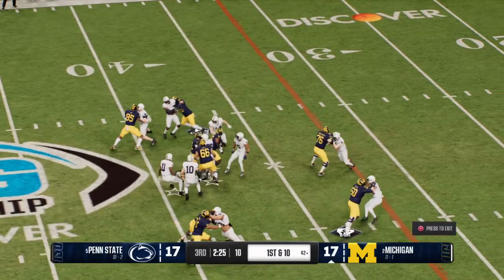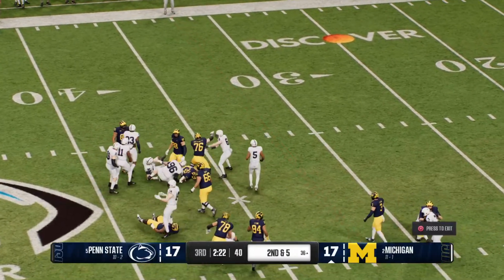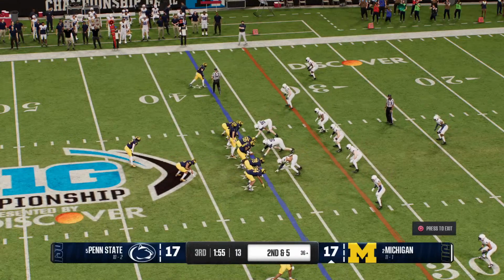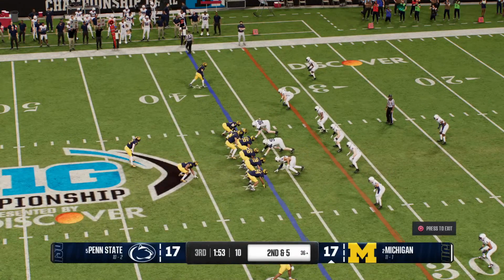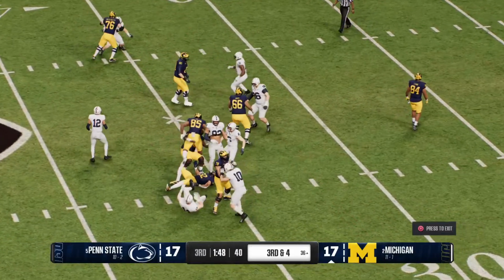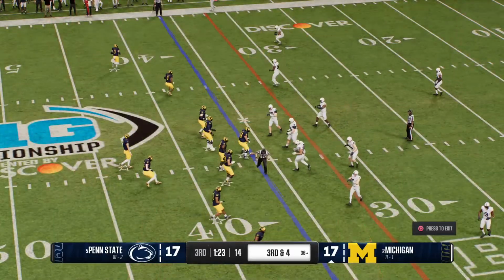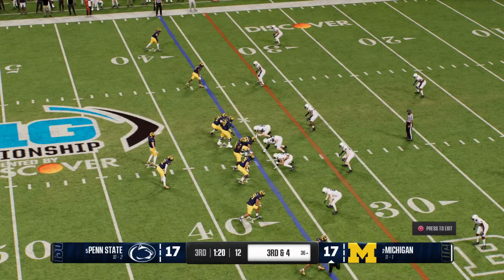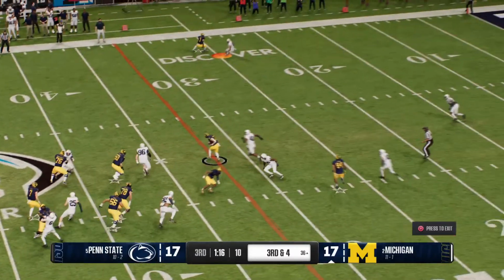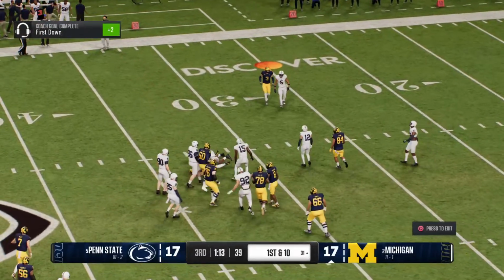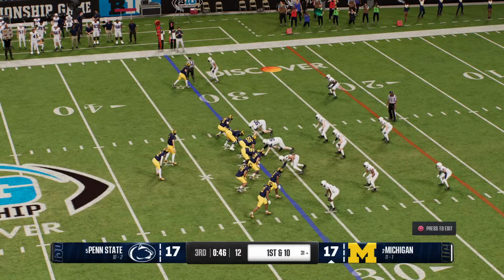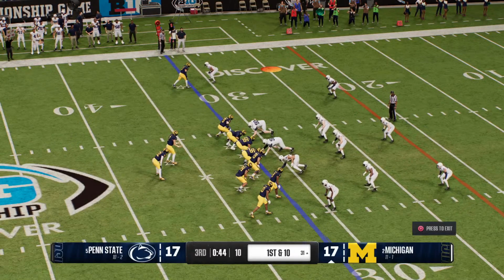Keeping it on the ground here. Brought down after picking up 5 yards, so 2nd and 5. They'll try the right here. And they'll bring him down after just a short pickup. Offense lines up. This is the 7th play now on this drive. Third down play here out of the shotgun. He flips it to the back across the middle. They make the first down, brought down to the 31. A new set of downs after that completion.